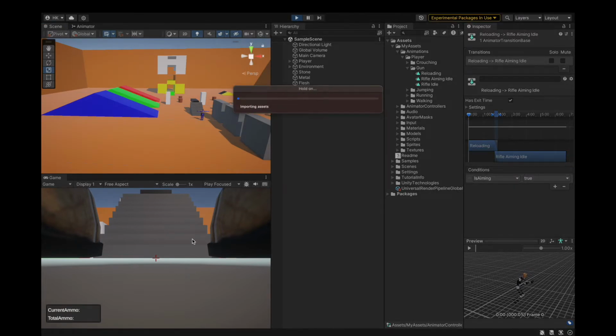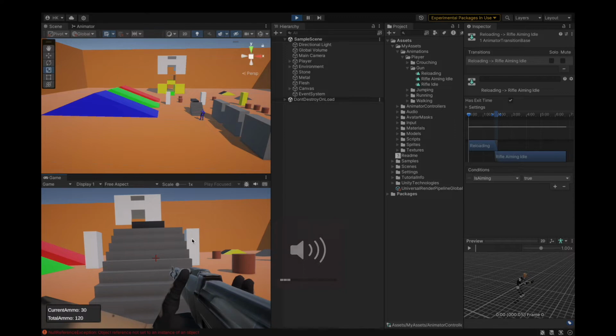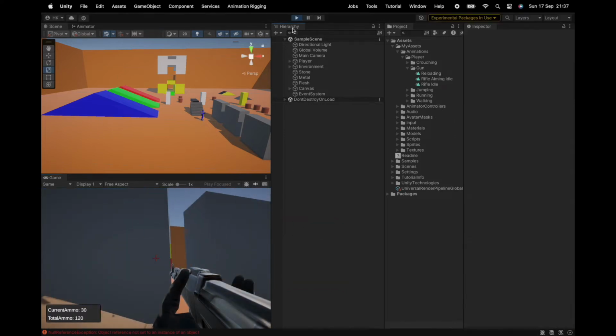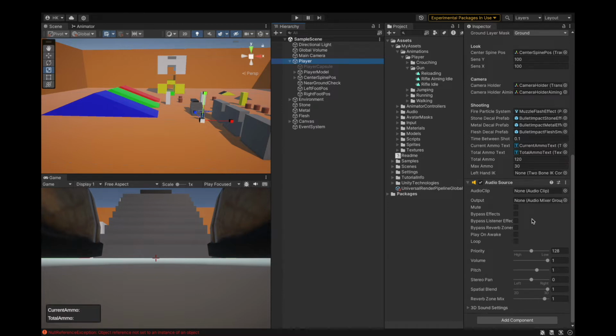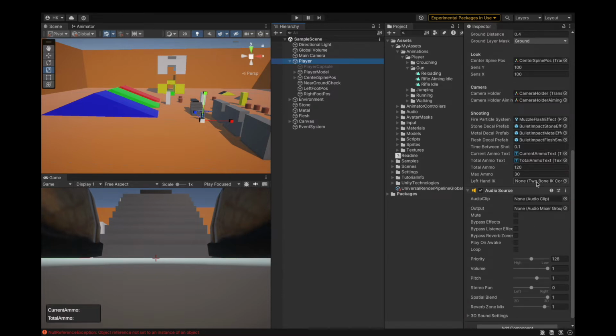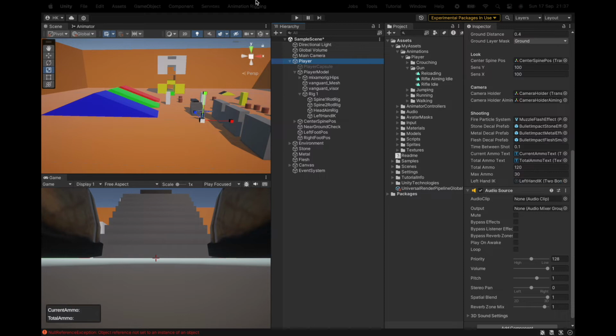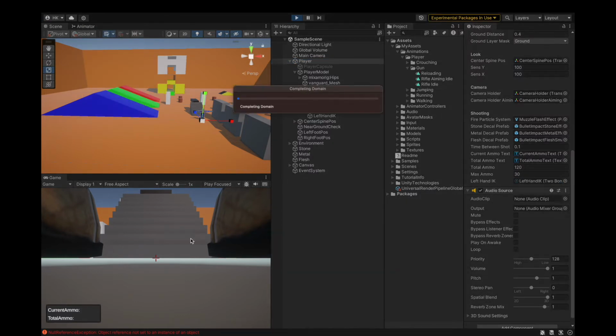So now we can hit the play button, and we have an error because I forgot to assign some of the things. It's asking for the left hand IK. So what I'm going to do is expand the player model. In the rig we can find left hand IK, and now if I hit play again,